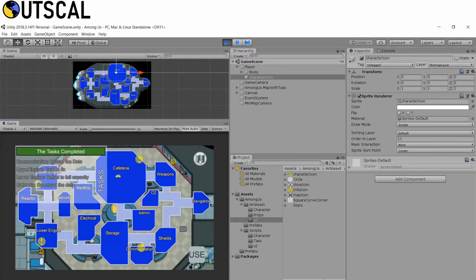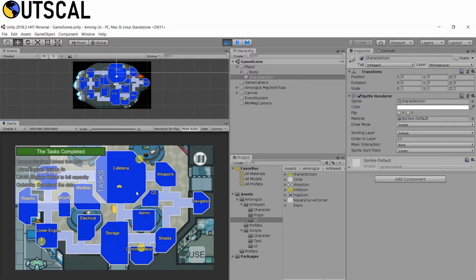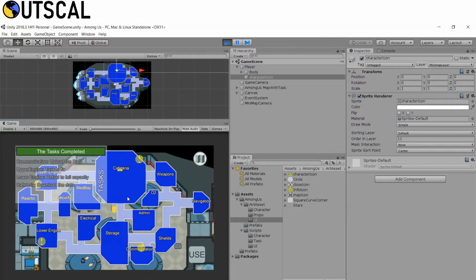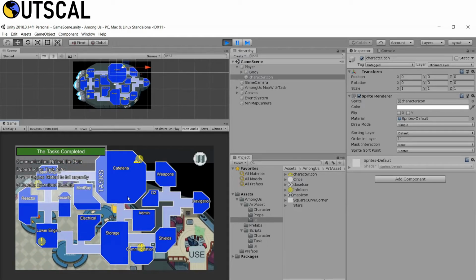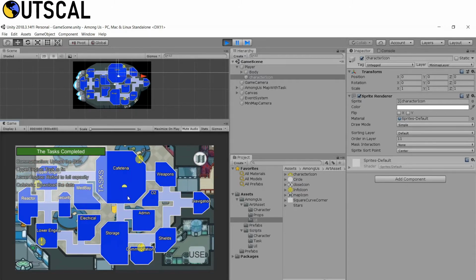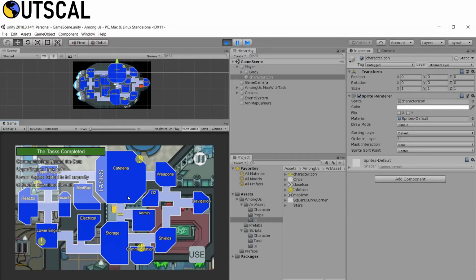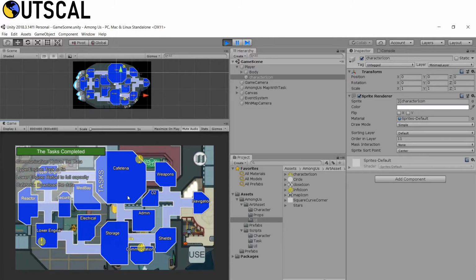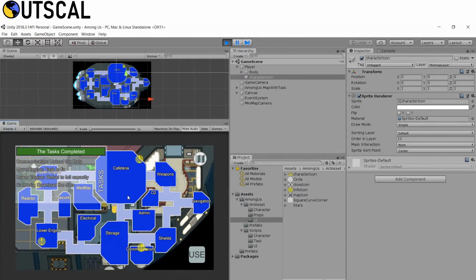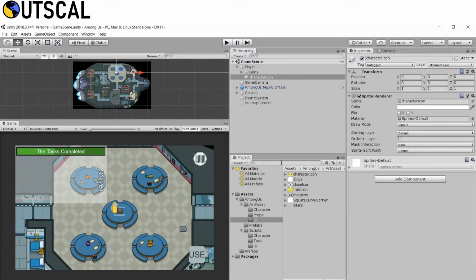Click on this minimap icon, and you can see our player icon is now showing. If I try to move, the icon also moves, and I can go towards the minimap like this. So in the map you are able to see where the tasks are and where the player is, and everything now works fine.